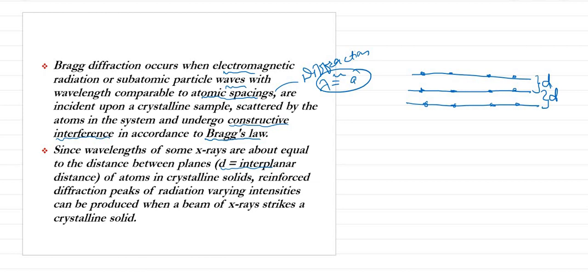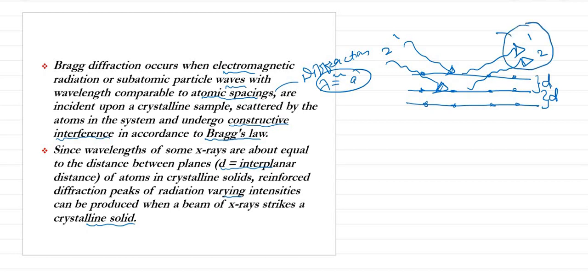Atoms reinforce diffraction peaks of radiation of varying intensities, which can be produced when a beam of X-ray strikes a crystalline solid. That's what we are saying. When we strike this material with an X-ray beam, we get some reflected beams. Let us consider these two rays, incident rays 1 and 2, and now these are the reflected rays 1 and 2. These two reflected rays are getting reinforced